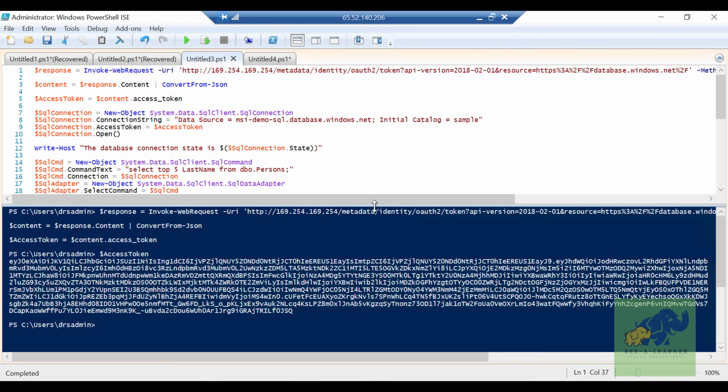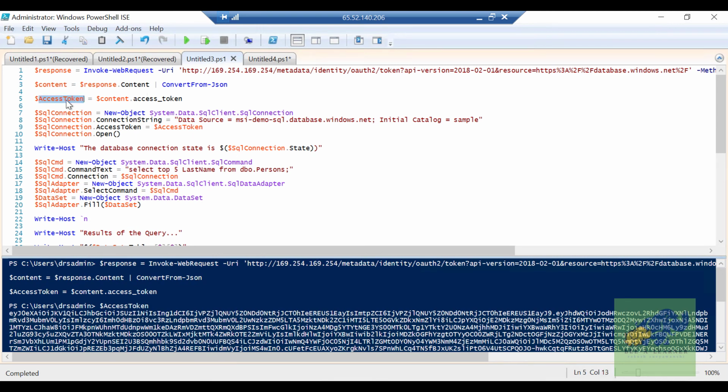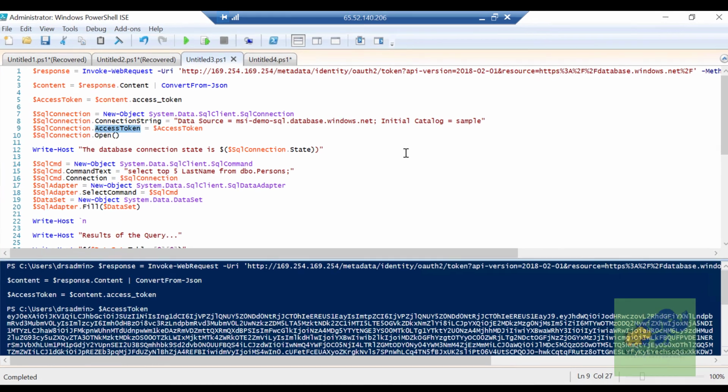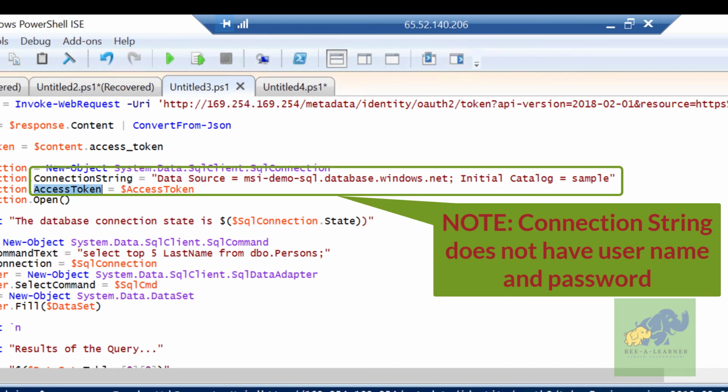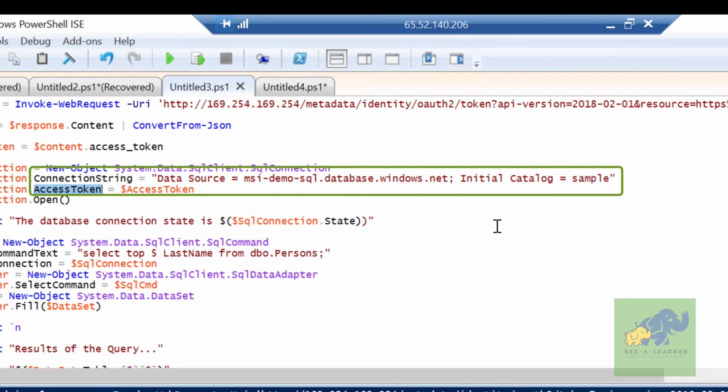Next, we are using the access token in the SQL connection like this. In place of the connection string, we are providing the name of the data source and the initial catalog, which is the name of the database. And instead of passing the user principal or username and password, we are just passing the access token itself, right? I'll share the entire code on my GitHub page and provide the link in the video, so that if you require, you can take a reference from there. But this is how you should use the MSIs.